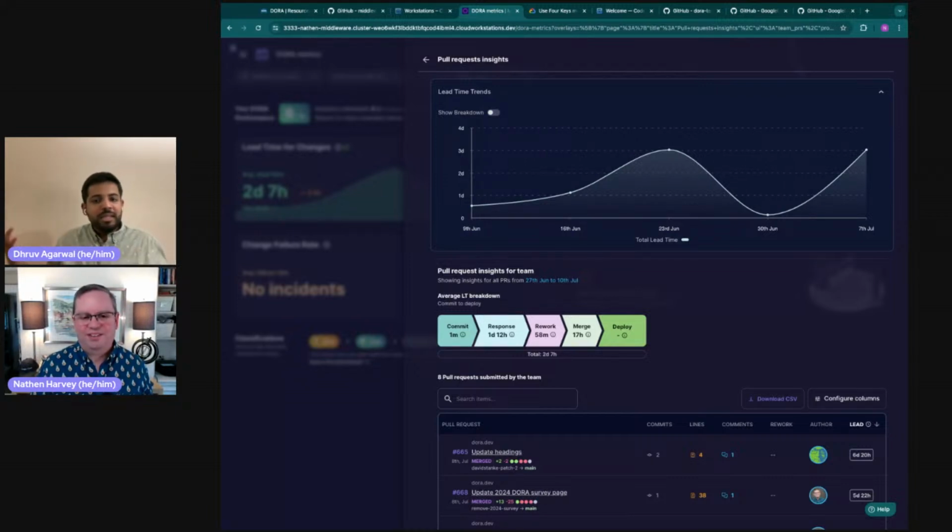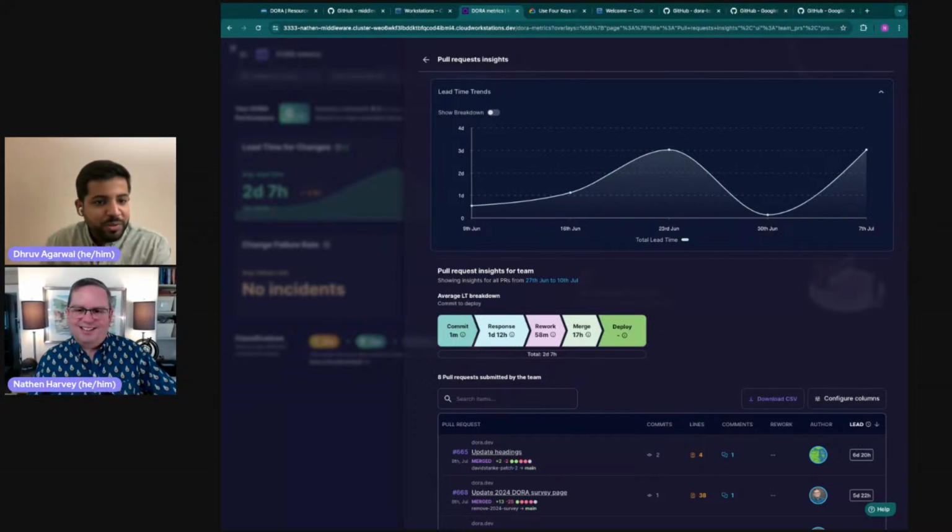And the last but not the least is that once your PR is merged, how soon do you deploy it? Now, in this example that we have set up right now as DORA.dev, we have chosen PR merge. So the deployment time is typically 0 because you trigger your deployment right after you're merging it. But once you add a workflow, we also show you how soon it takes. Then go on, shoot a question. No. Finish your thought. Yeah, and then the last thing is that we show you a list of all the